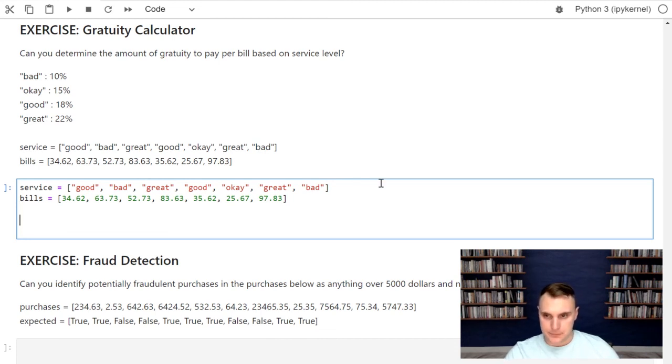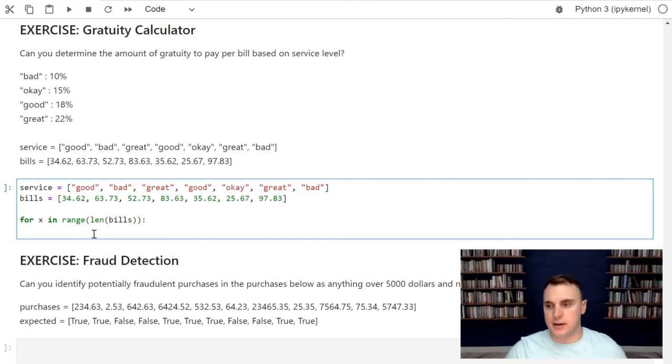Okay. So we're going to say for X in range, length of bills. Remember, since we're referencing multiple lists here, we need to do this X in range thing in order to get the index of the list. It's very important because we want to compare the values at the same index. So for X in range, length of bills, now I've got to compare the service level. So if service equals, remember we're doing a comparison, so that's double equals. If the service equals bad,